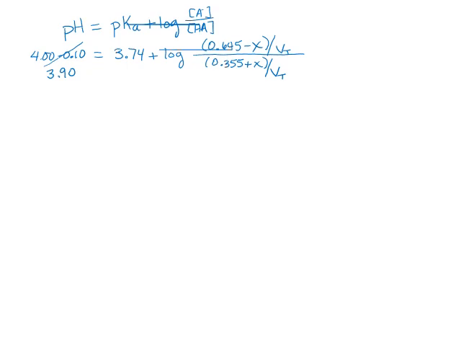Okay, so now we have, well, we almost have one equation with one unknown. We need to do one more little thing. Notice that in this ratio, both terms are divided by VT, so we can cancel that part of the term. So rearranging,